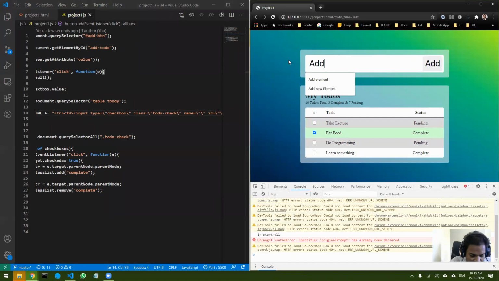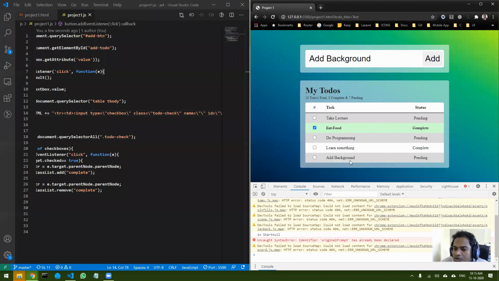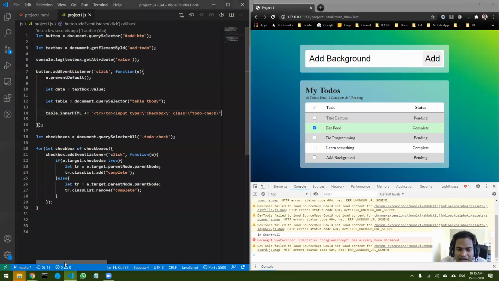Okay, so add background. I've added a new checkbox, and still it does not work. So now why does it not work? Any idea?